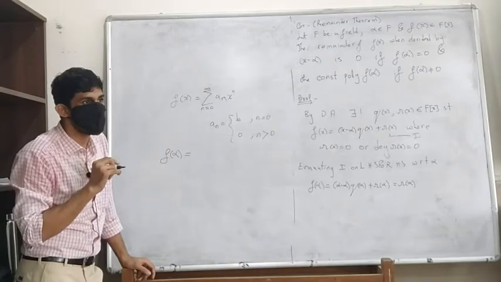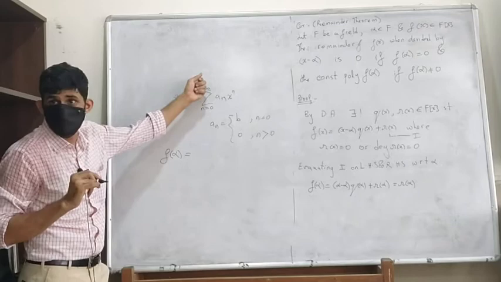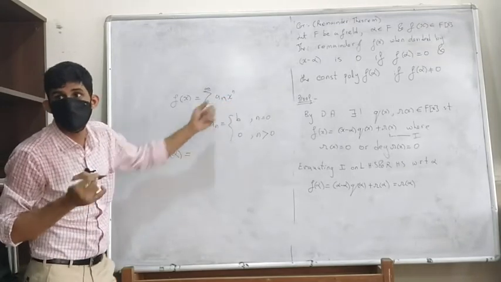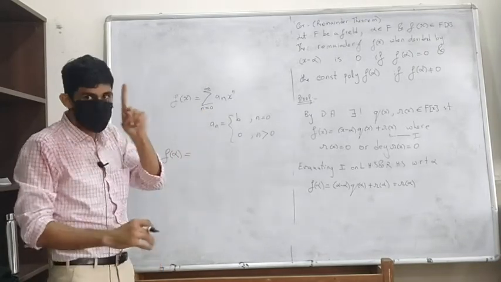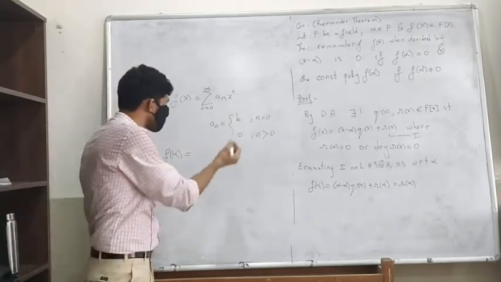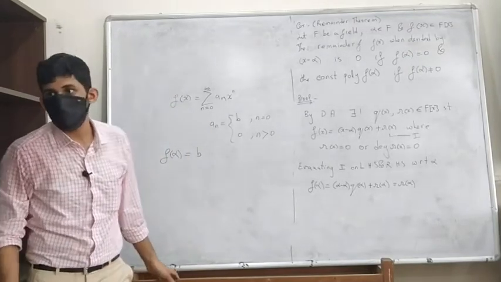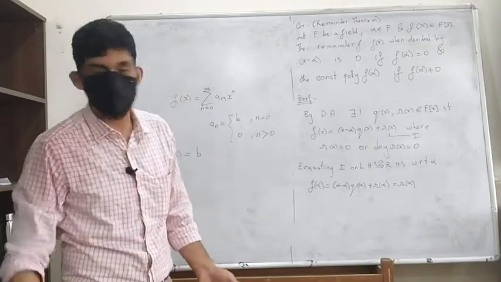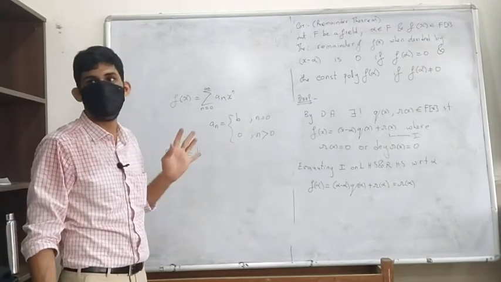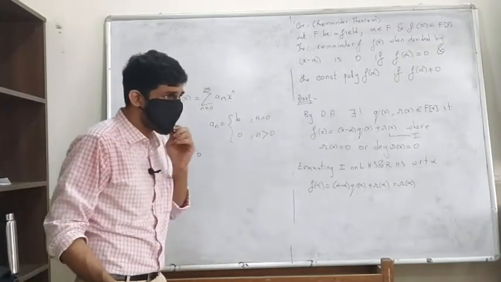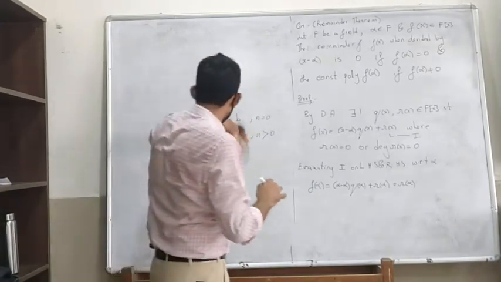What does f of alpha give me? The summation n going from 0 to 0, that's the degree. What's the degree of a constant polynomial? 0. So the summation from 0 to 0 is just the first term, a0, which is b. That's what happens when you evaluate the constant polynomial. You get back the same constant, irrespective of where you evaluate it. That's natural, the constant function is also that. That's what we expect to happen.